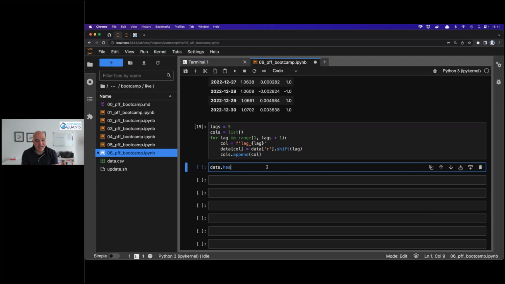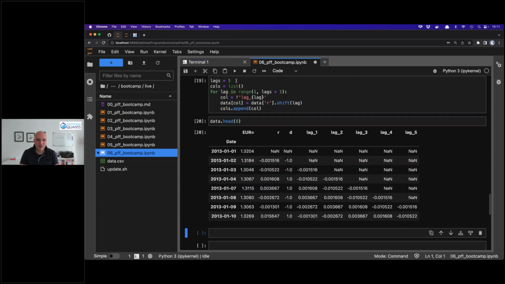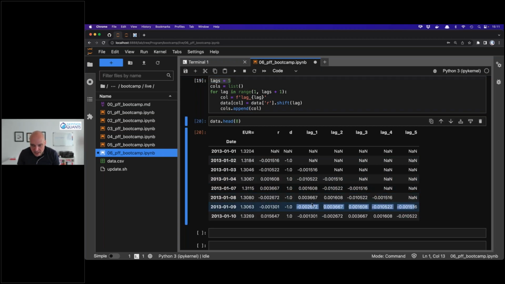Speaking of the data head, let's go with the first 8, for example. So this is how my data frame now looks like. Daytime index, clear. Prices, clear. Log returns, I guess, also clear. The direction is simply the sign +1 -1 of the return. And now we have the lags from 1 to 5. So 5 lags, here it is defined, 5 lags. And I push the R column down for lag 1 by 1 index value, then 2 index values, 3, 4, 5. From this point on here, we have 5 lags. The data set is full, and this is the next day's